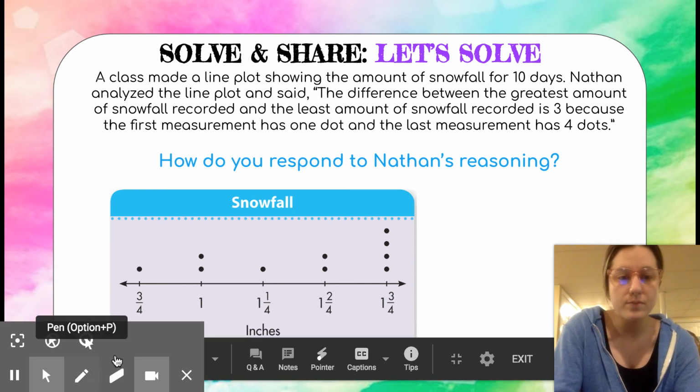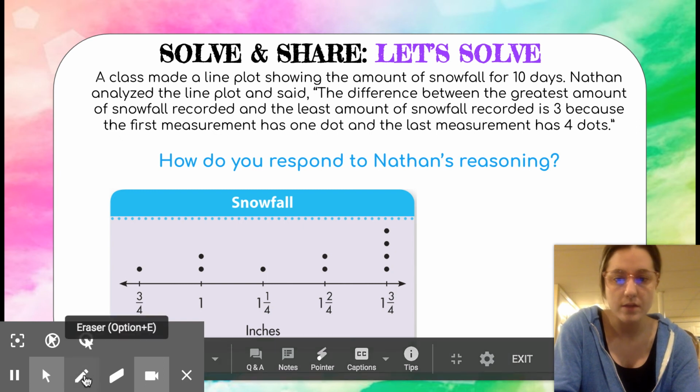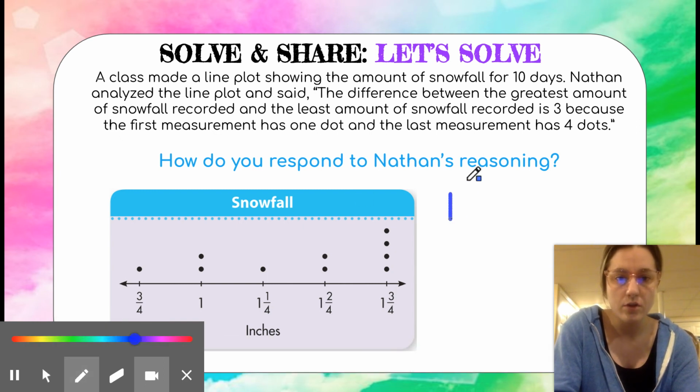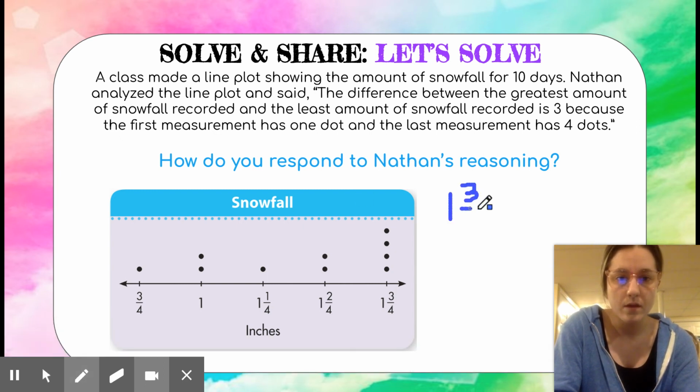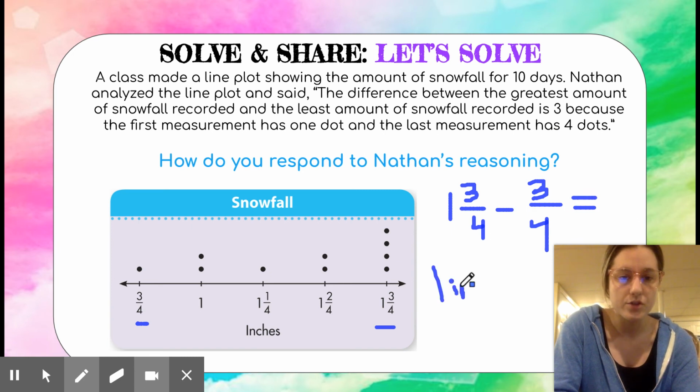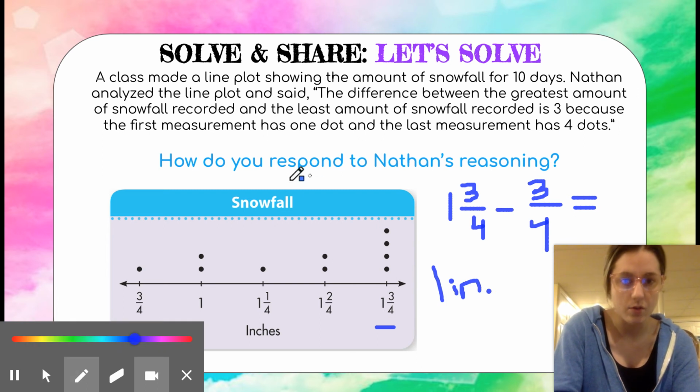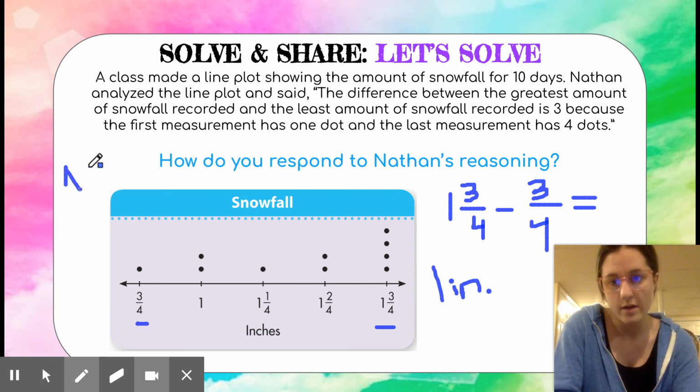So we would tell Nathan that he was incorrect because he had to subtract 1 3/4, which was the greatest amount of snowfall, minus 3/4, which was the least amount of snowfall, and we are left with 1 inch. So, and if I had a pencil, but because this is so hard to write with, I would write, I'll try it. Nathan